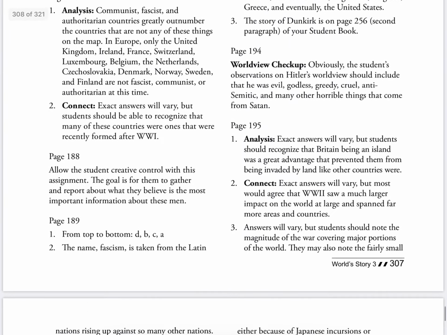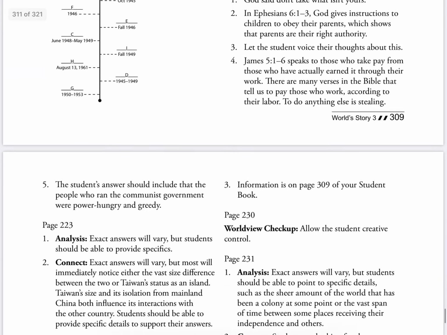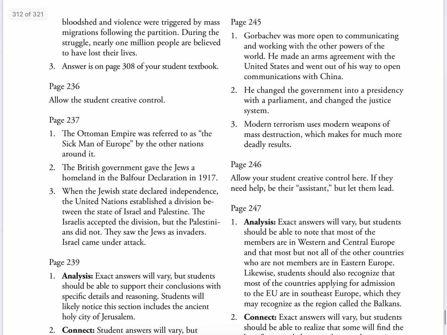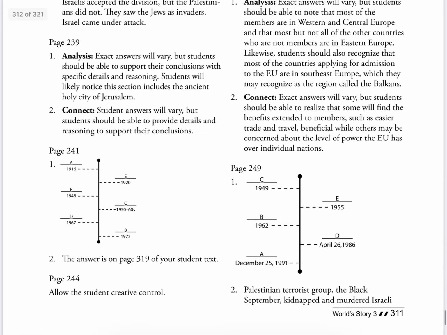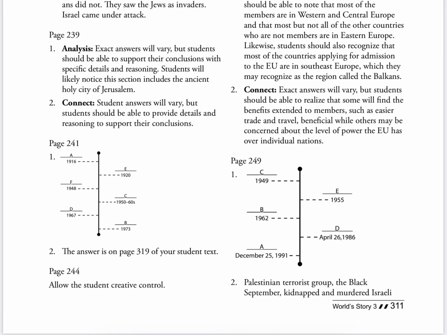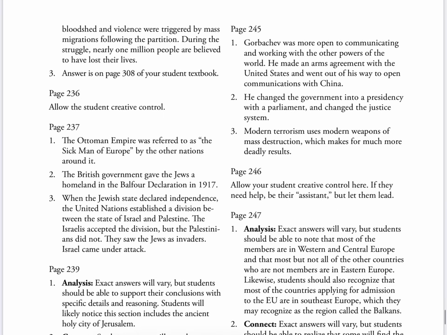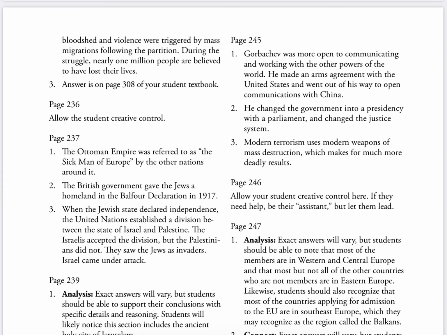You all remember from class time how difficult it is for me to find the right page here. These notes are really confusing. But page 243 is where we start. I'm almost there. 244. Obviously, that first page, there's no right or wrong answer. You just have to write down your parents' thoughts